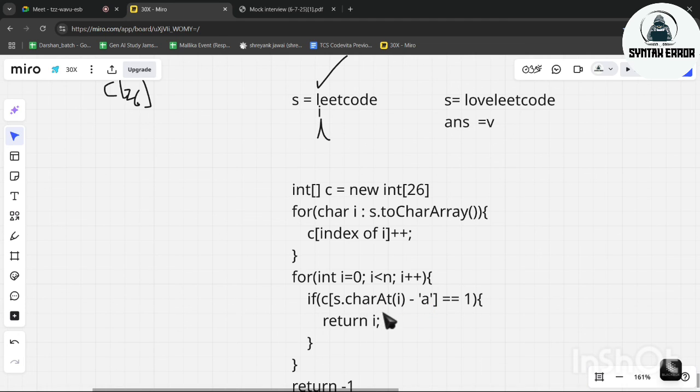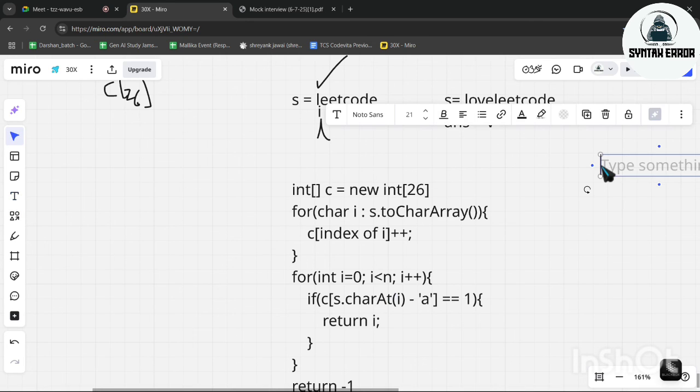Here if we write L minus a, it will take the ASCII value. We all know the ASCII value of small a is 97, and the ASCII value of L will be something else. If we do L minus a, it will give us the index in the count array where exactly the L is present. Like this, by using this we can take an index of any element.